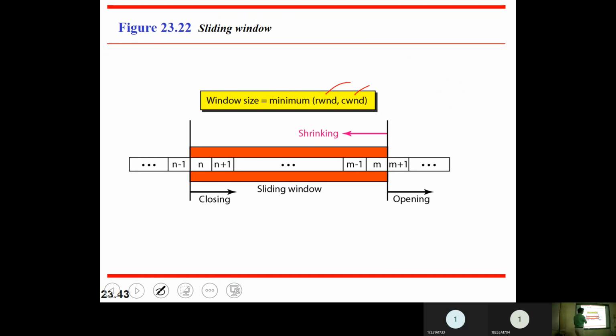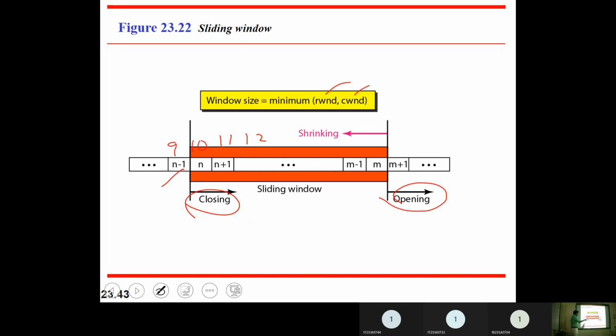So they will have something like a sliding window, and in this window, if you see here, this is n minus 1, like I can say packet number 9, this is 10, this is 11, 12, and so on. This sliding window, this side will be closing and this side will be opening. One side is closing, one side is opening, because I have sent n minus 1 packets.